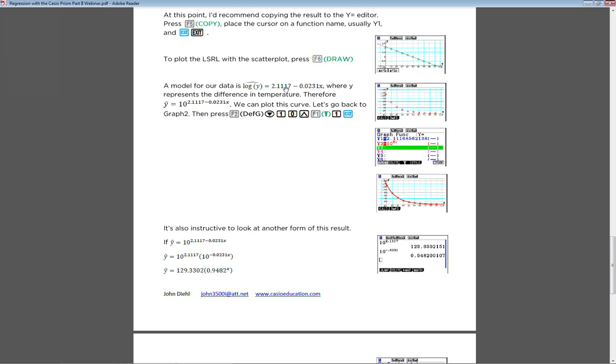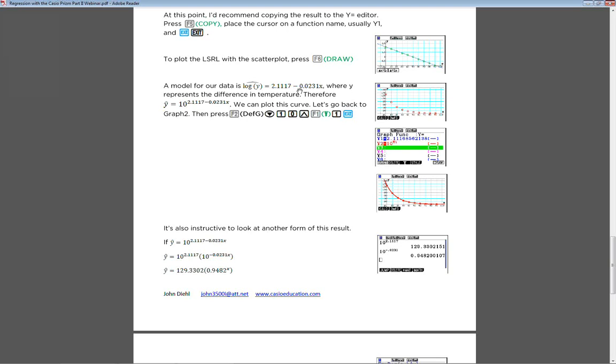But what I want to reinforce is that was really the third change we made. So again, it was the original values minus 72. So this letter y would correspond to the differences in the temperatures, that list 2. And so I put the log command here in front to reinforce what we're talking about, that we really have the x and the log of those y's for which this linear model was appropriate.